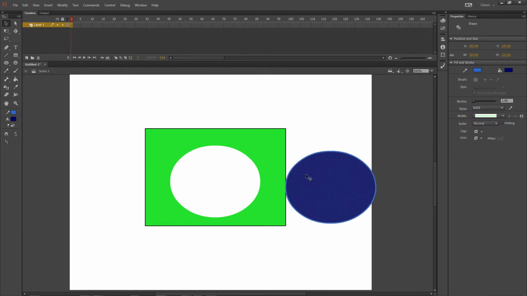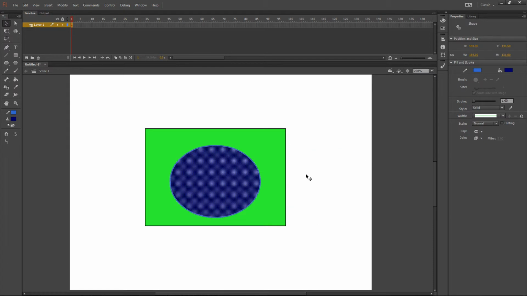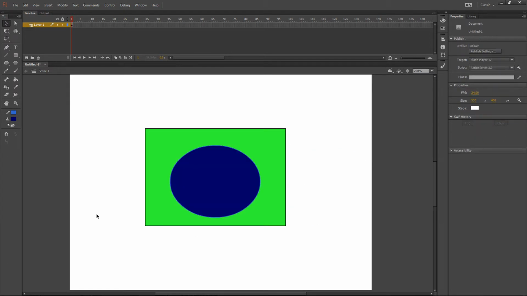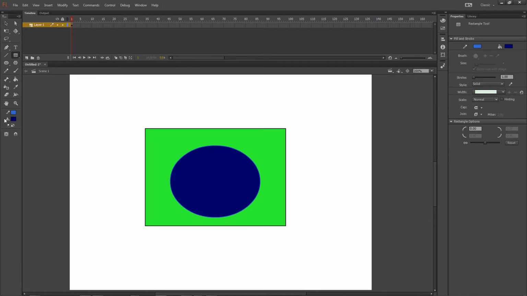So it's not entirely like Photoshop where everything blends together permanently, because you'll remember in Photoshop we had to use magic wand tools and all sorts of crazy stuff to separate out colors. But these things do interact. For those of you who are interested, if you want this to behave more like Illustrator, there's a circle inside a square right here under your tools called Object Drawing. If you turn this on,